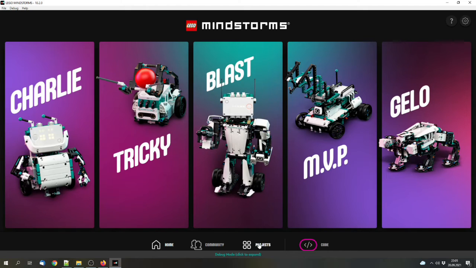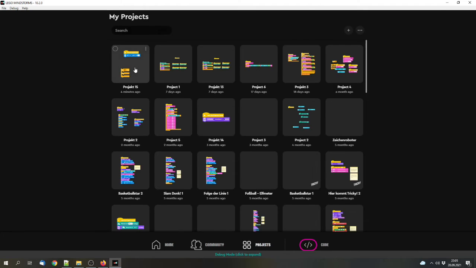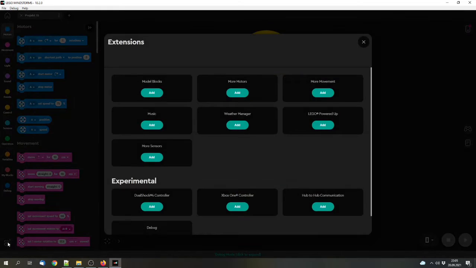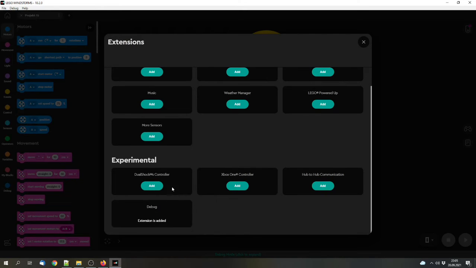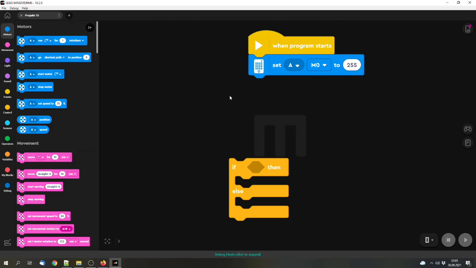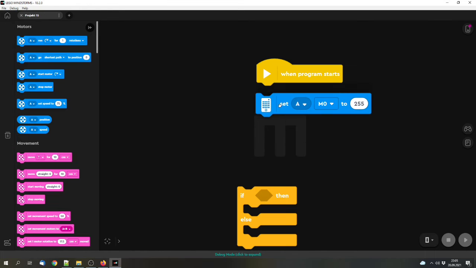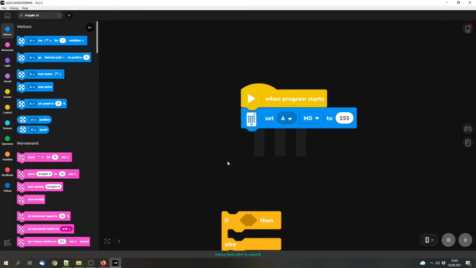And the next change that I found is in projects. When we open a project, then we have a few blocks that we can add. And in the debug mode, we have debug blocks that we can add. And the nice thing is that they stay in the program, even if we change the debug mode back to disabled. This debug option will stay here as long as a debug block is in the program.